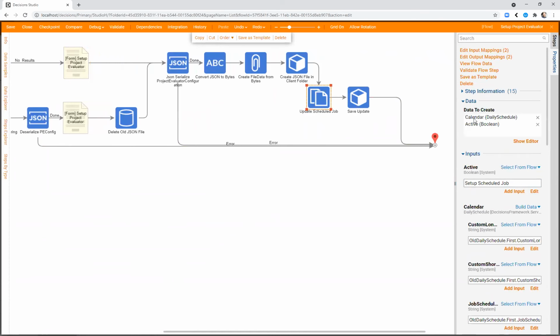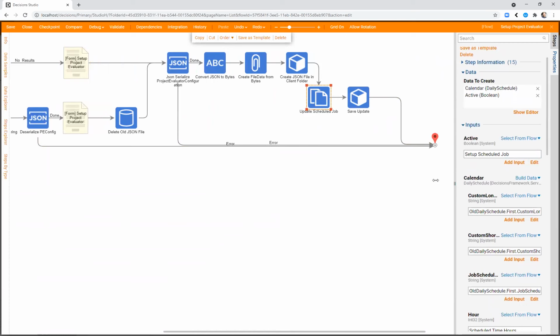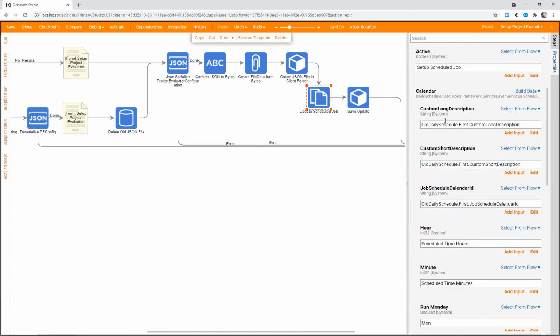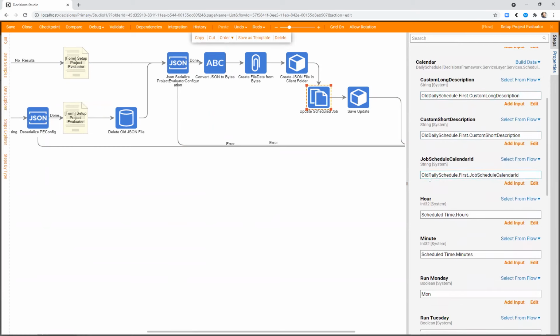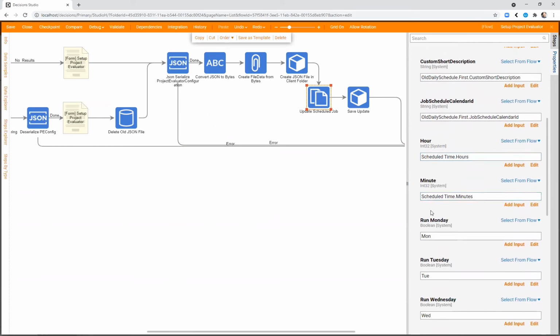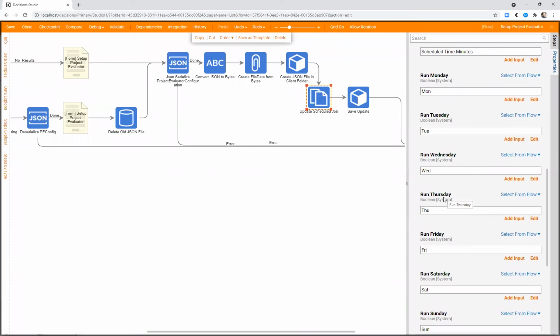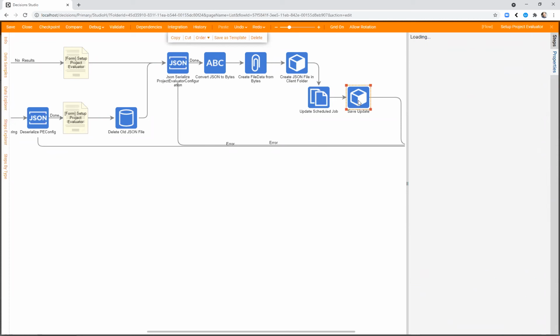There's an object in decisions. This particular one is a daily schedule object, but we can get in there and see the properties of that thing. So we can say we want to define the hours that it should run, the minute, all of the properties that we see in that scheduled job. We can get at those and update those, and then